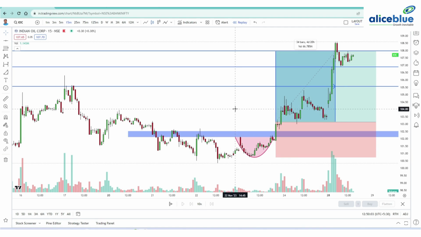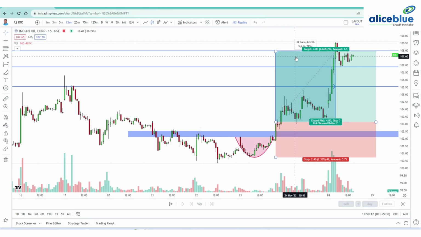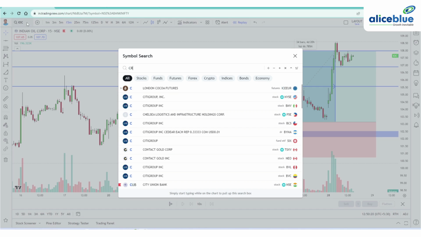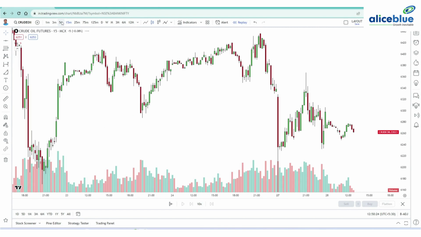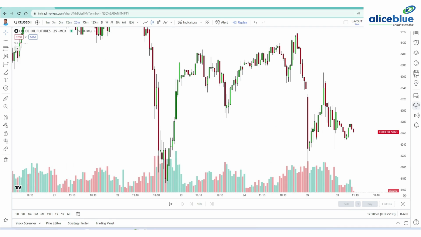Now let's move on to the bearish reversal pattern called the rounded top pattern. It is a very rare pattern. We can find this pattern in the commodity and currency markets. Now I am going to the crude oil futures chart in a 5 minute time frame, or we move to a 25 minute time frame to identify